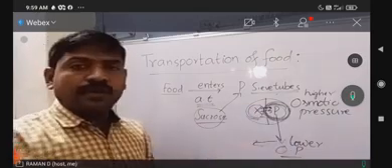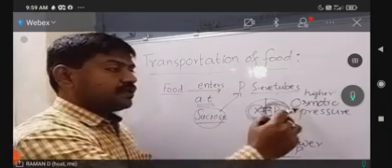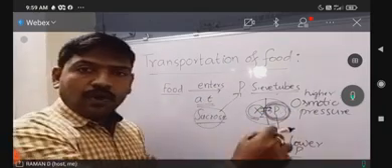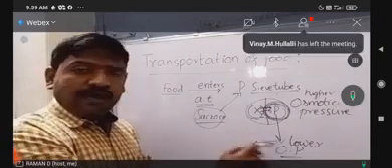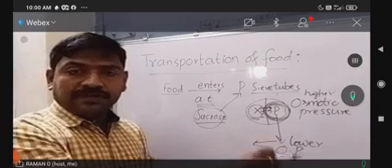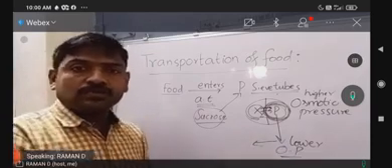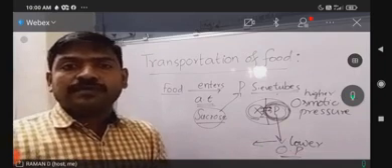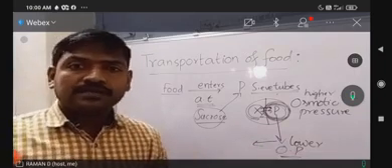and the sucrose solution will move in the phloem sieve tubes by osmotic pressure of the sucrose solution, that is from higher osmotic pressure area to lower osmotic pressure area. And after leaving the phloem sieve tubes, if it is the root or some other part of the stem, some amount of sucrose will be converted into glucose, some amount of sucrose will be converted into starch and gets stored.